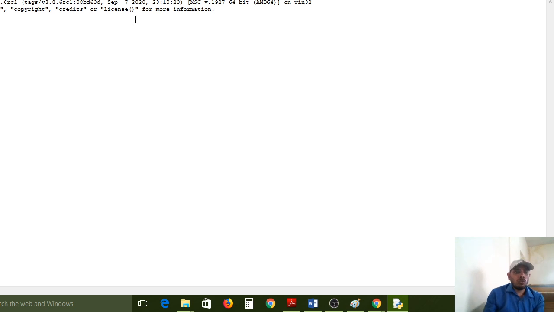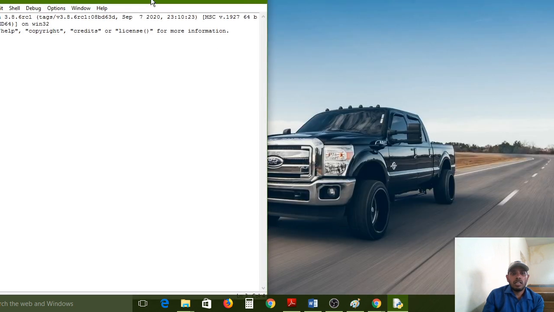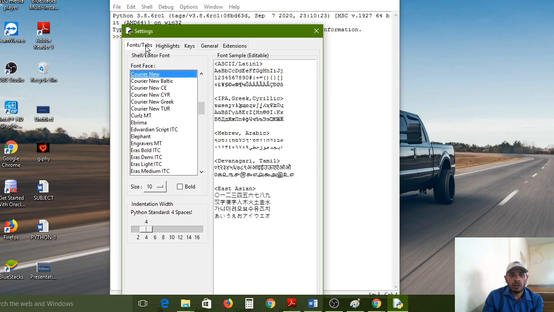Now I want to increase the font size. So for that I am going to options. Here I am choosing the Configure IDLE option. Here fonts or tabs.